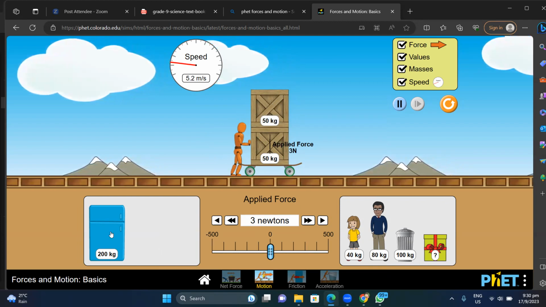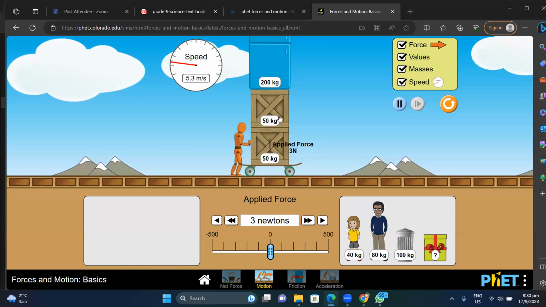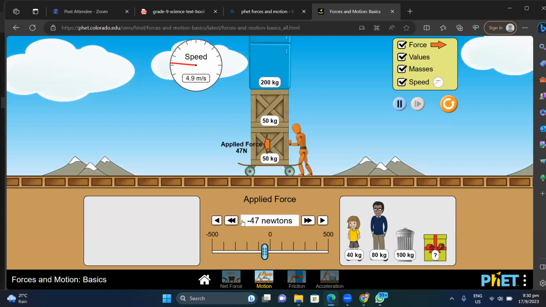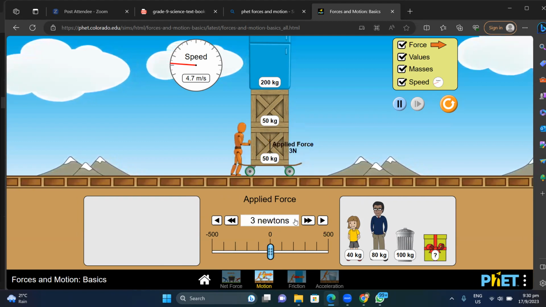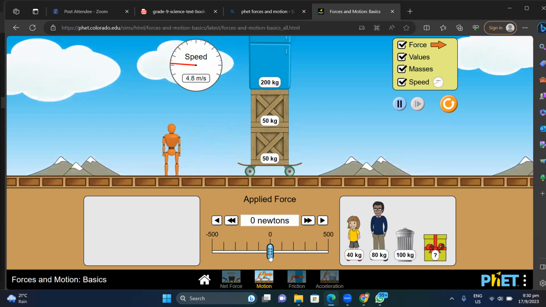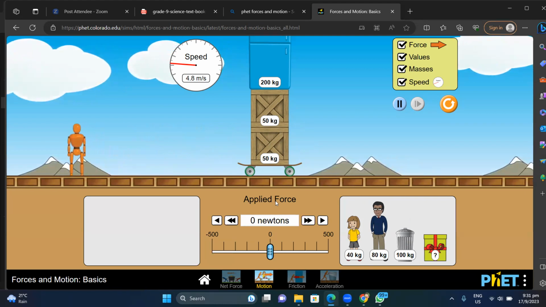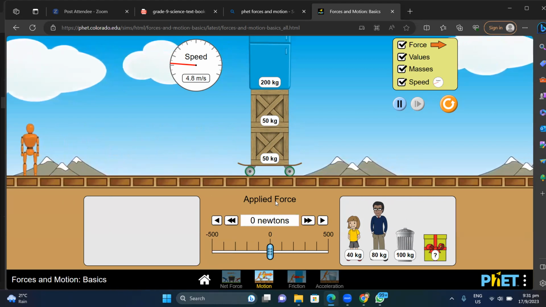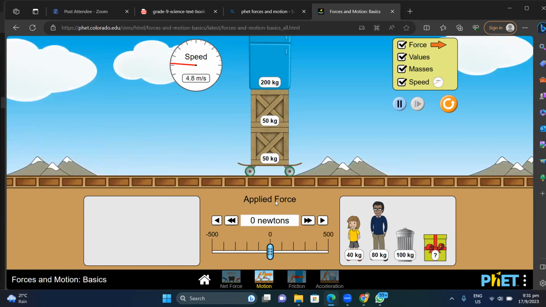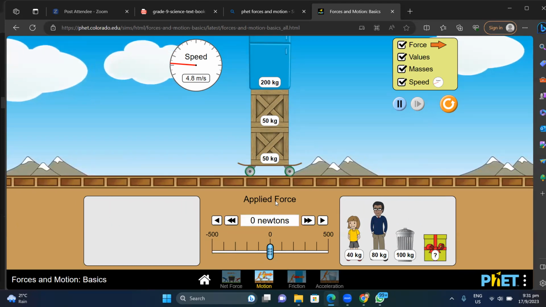Right. Since it is moving, let's put some more. Now you can see. I'm going to reset to 0. But it still moves. What's the reason? Because force is provided. We have already provided the force. And now if you suddenly stop that, it will keep on moving at the same speed, unless